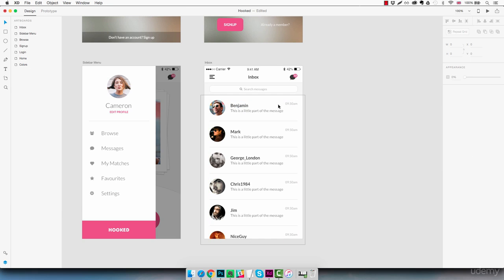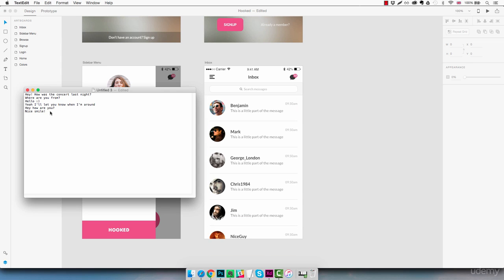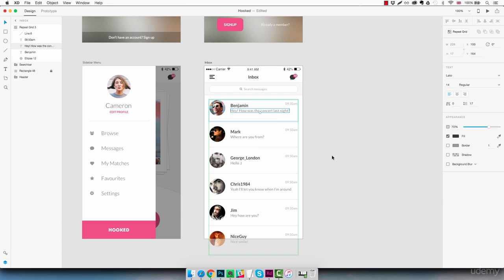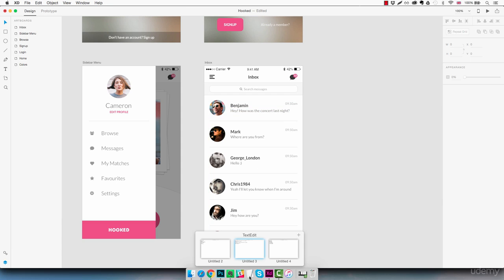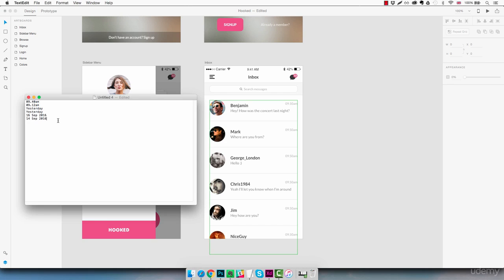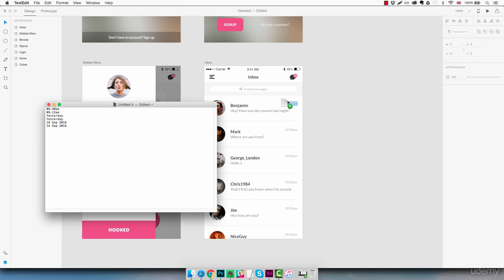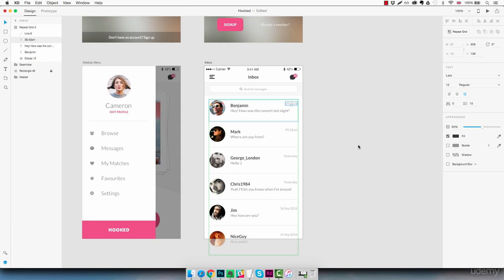And the username, as you can see, they are all getting replaced with the content that I had in my text file. So I can do the same with another text file where I have some random messages here, and dragging this little icon here on top of the first message. There you go, everything gets replaced automatically. Let's do the same with the dates. As you can tell, this is a great time saver, and it's really easy to populate a repeat grid with